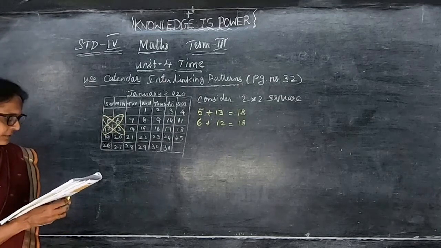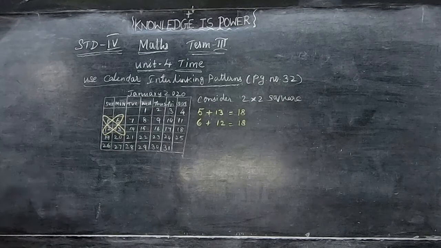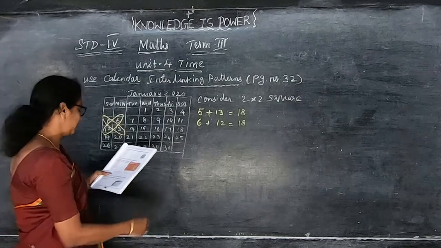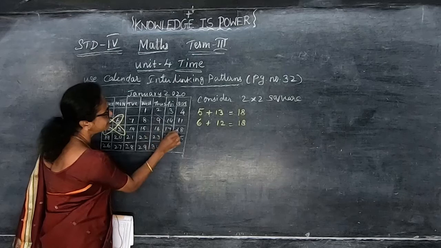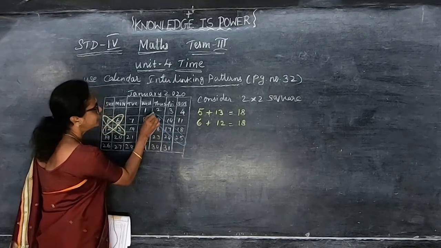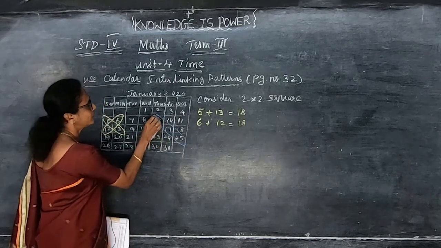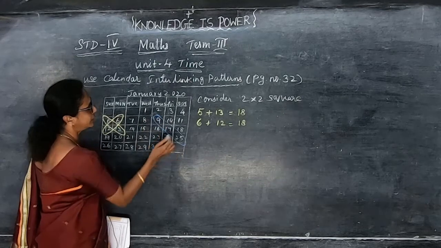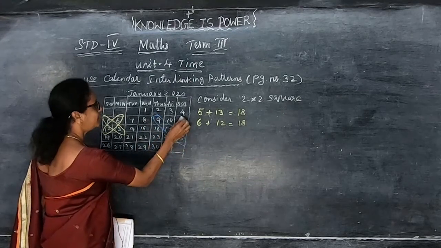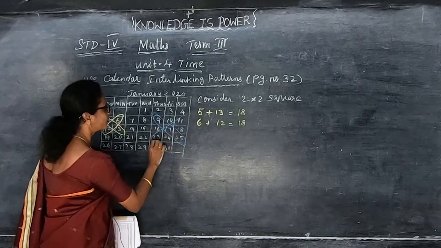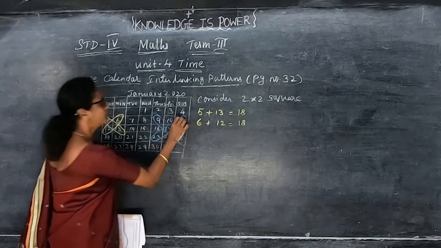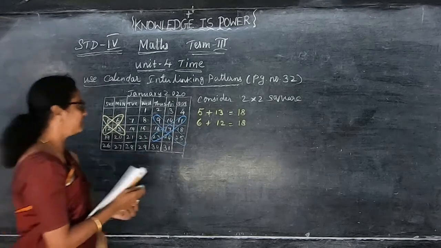Okay, now shall we see 3 into 3? How will we see 3 into 3? Look at 3 into 3 in this itself. 9, 17, you can take any of these. 9, 17 and 25. So 3 numbers you have to take, children. 9, 17 and 25 and then 11, 17 and 23. So 3 numbers. This is how we have to take. Any 3 numbers you can take.